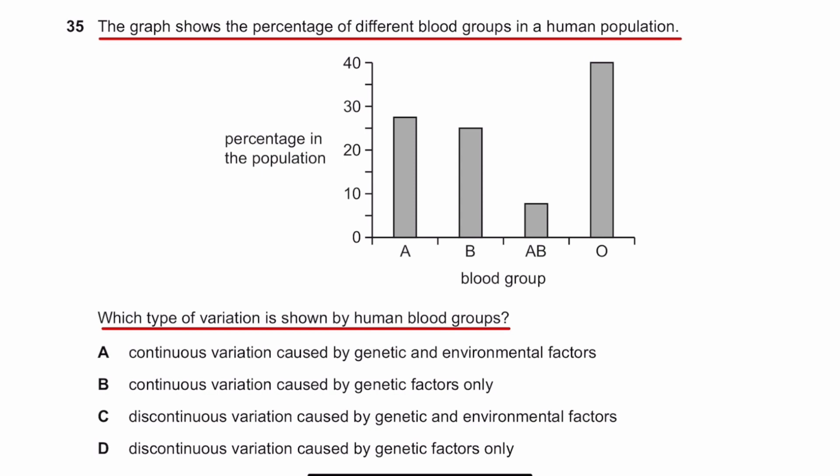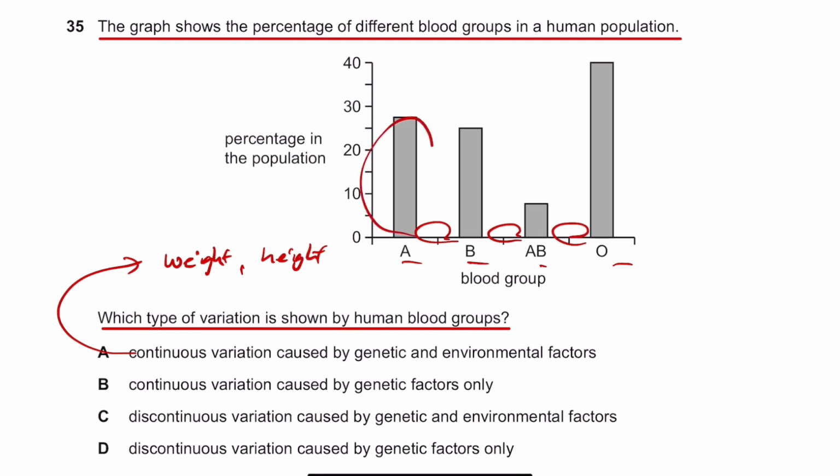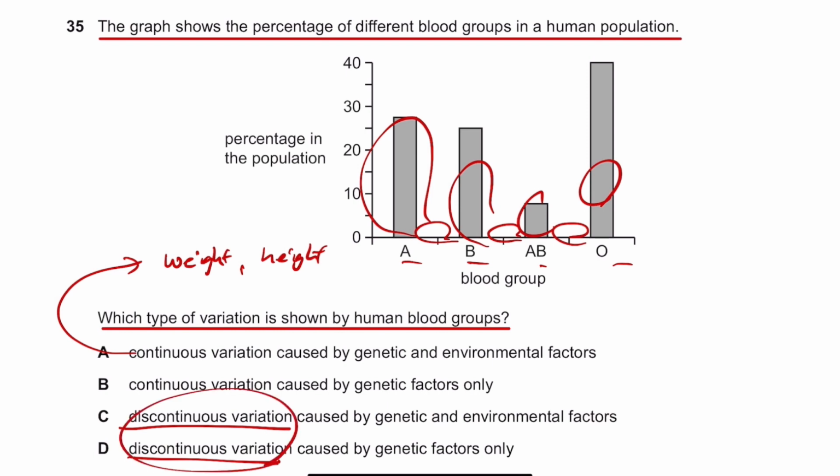And the continuous variation, for example, is like weight, even height, anything that you can present or you can express in numbers, or that has intermediate values. But for the blood groups, you can see there's no intermediate values. They're all discrete values. So they are discontinuous variation,